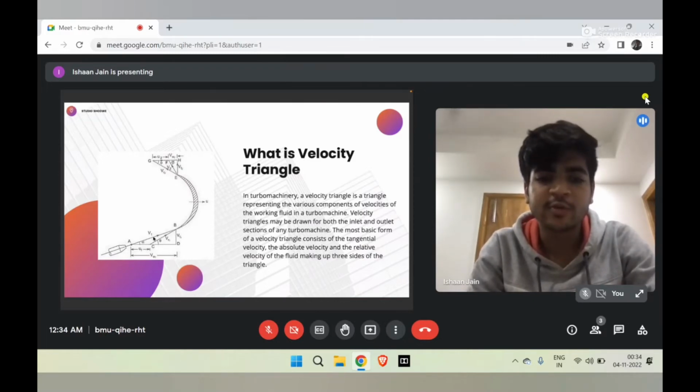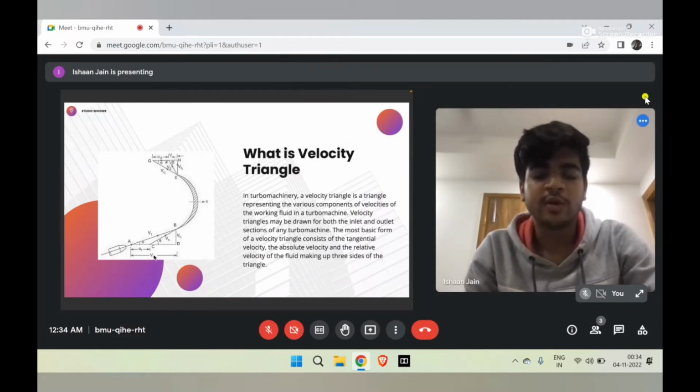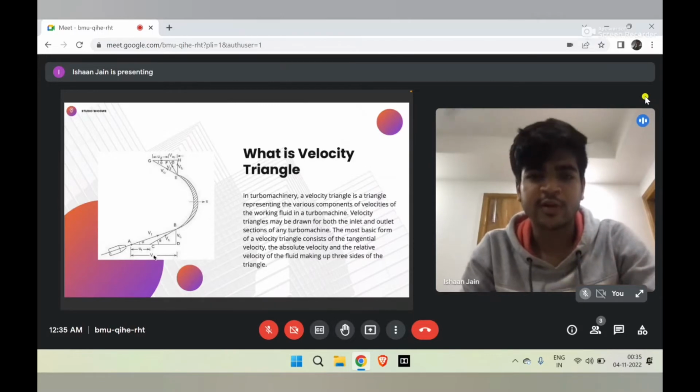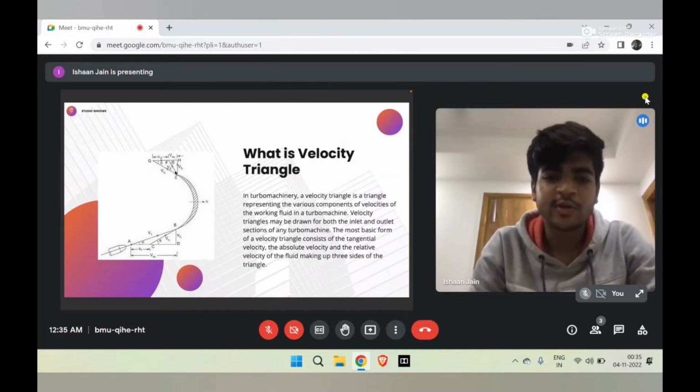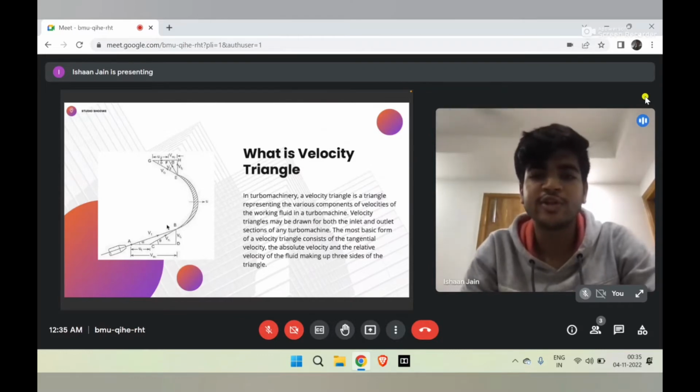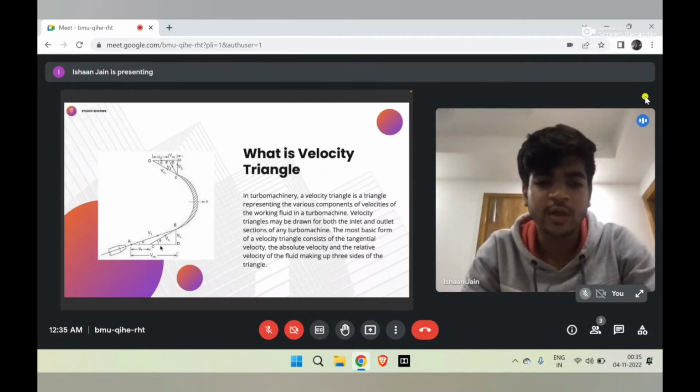और वेलोसिटी ट्रायंगल को कंप्लीट करने के लिए जो थर्ड लाइन है, जो हम b से c को ज्वाइन करेंगे, उसको हम vr1 से डिनोट करते हैं। और इसका नाम होता है रिलेटिव वेलोसिटी ऑफ द ट्रायंगल। इनलेट पे इसको हम vr1 से डिनोट करते हैं और आउटलेट पे इसको हम vr2 से डिनोट करते हैं। और वेक्टर एडिशन का यूज करते हुए vr1 इक्वल हो जाएगा v1 माइनस u1 के।